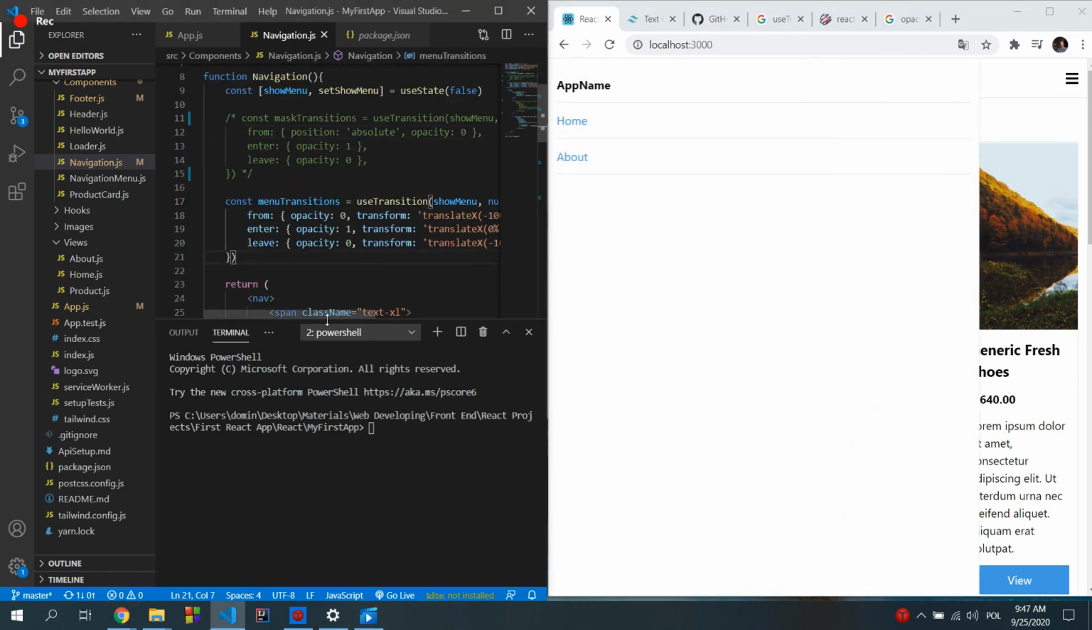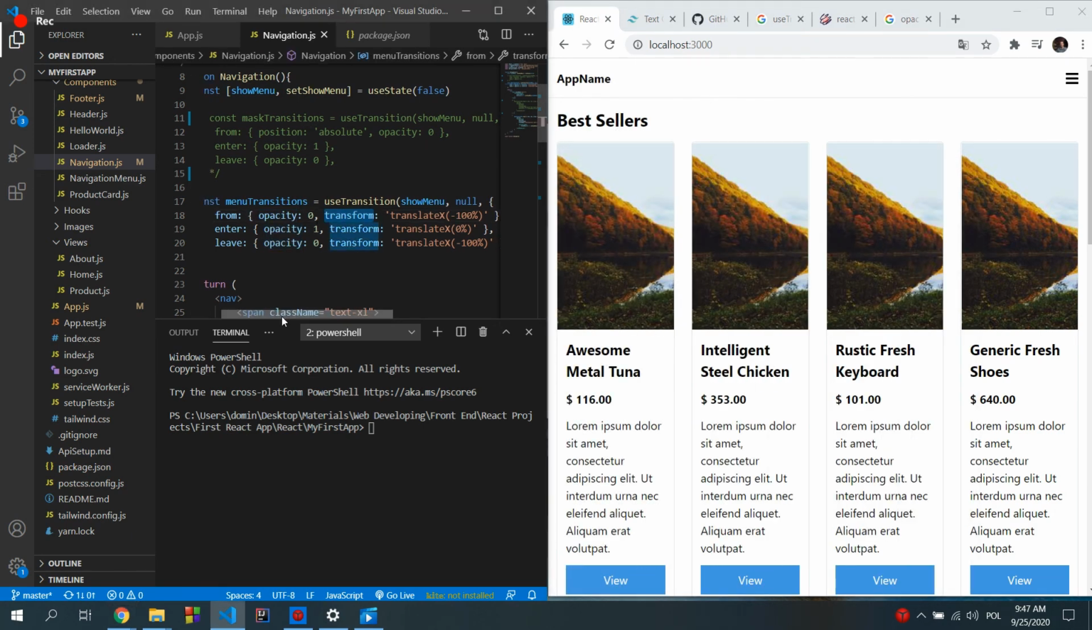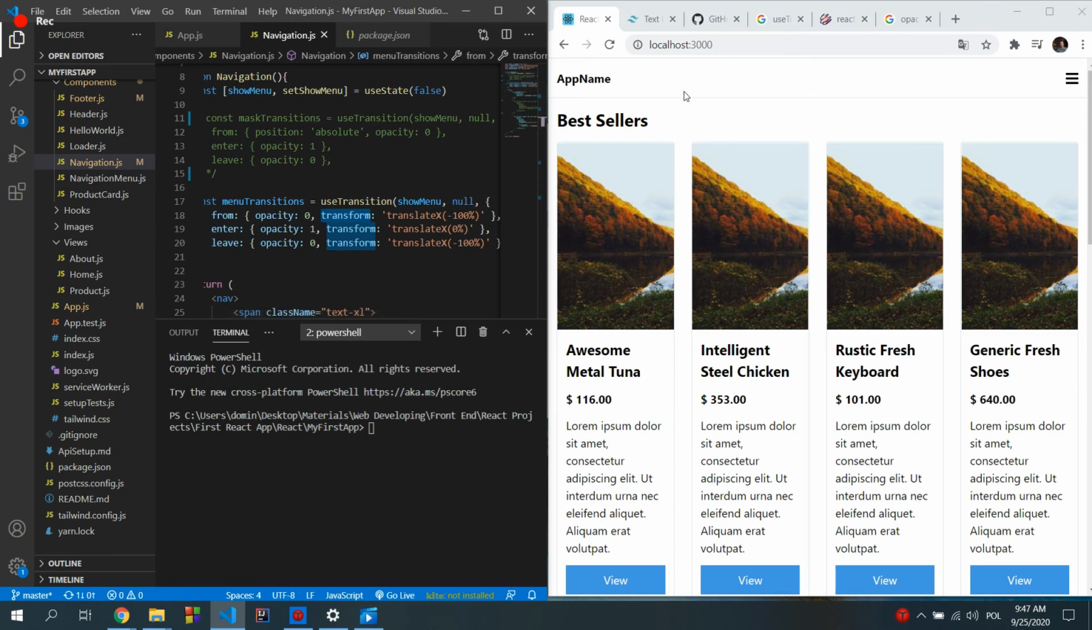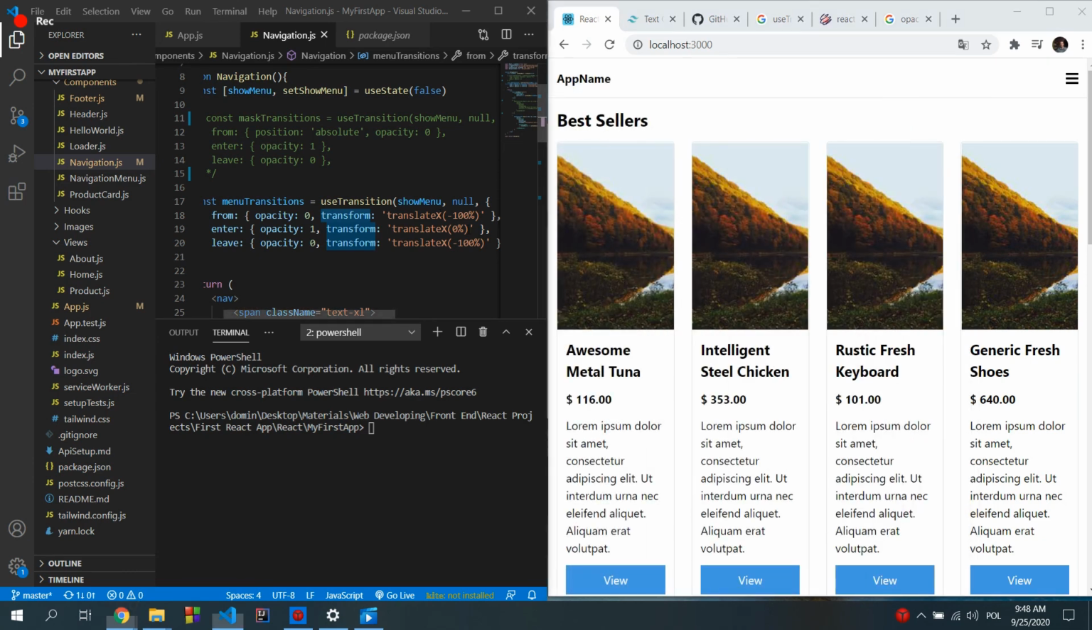So what does it do? It's translating opacity 0, and we are transforming from x minus 100%, so the x is from the left, minus, to x 0%. So we're translating x from behind the screen somewhere to 0%, and also we are changing the opacity. For example, if we do minus 50%,